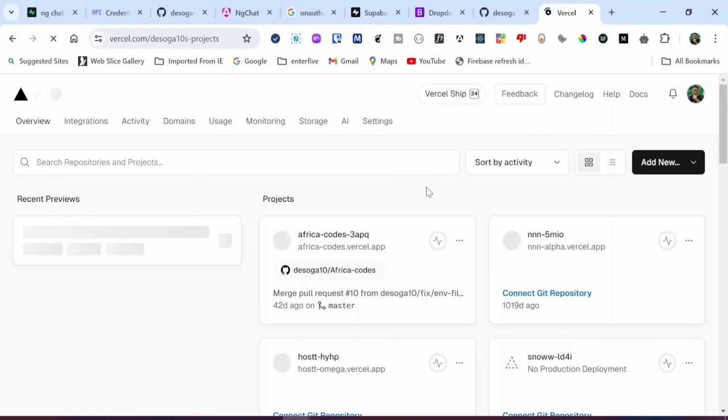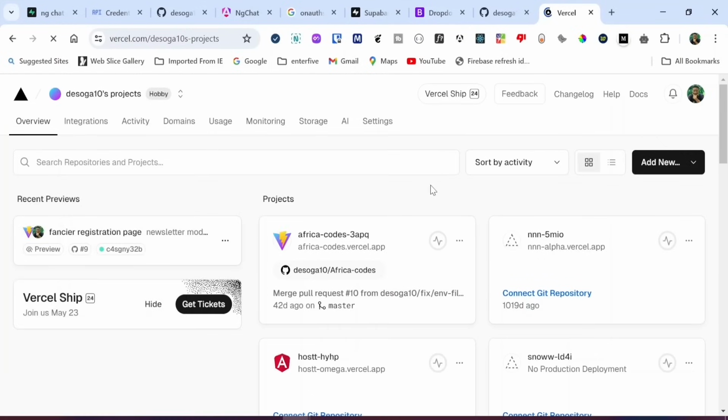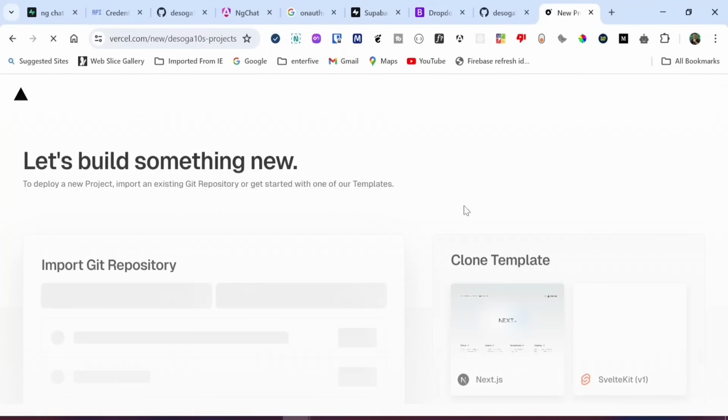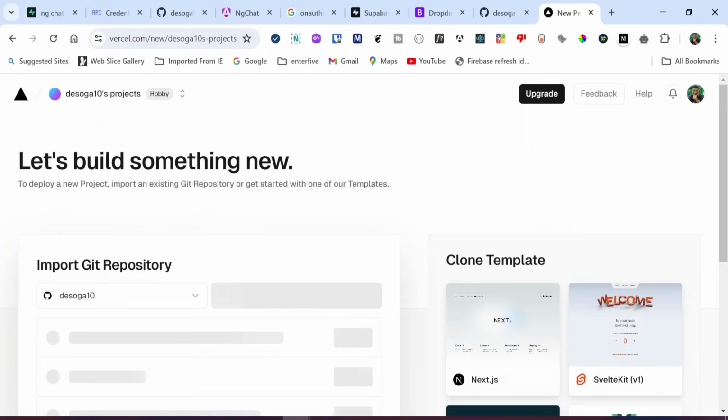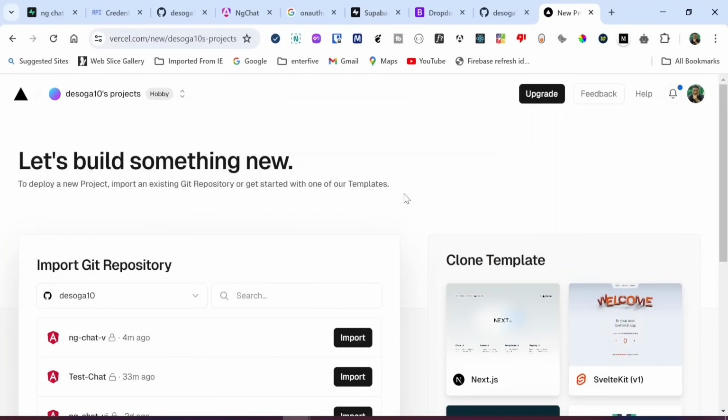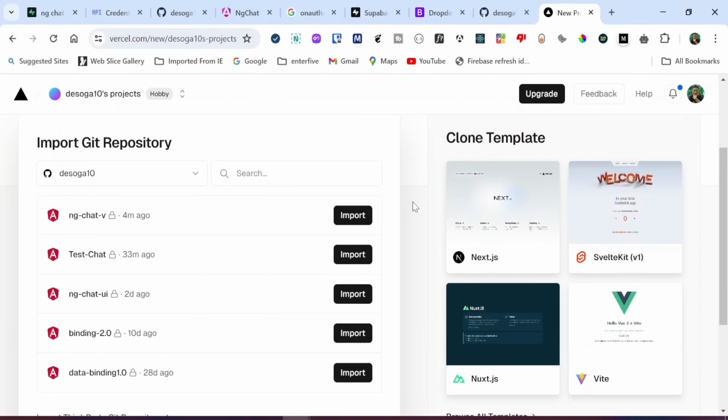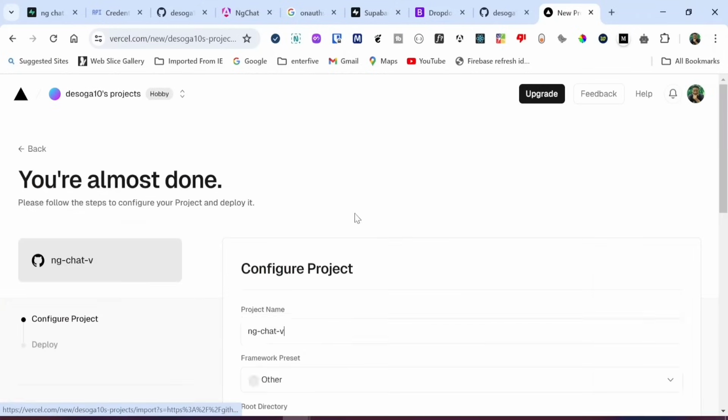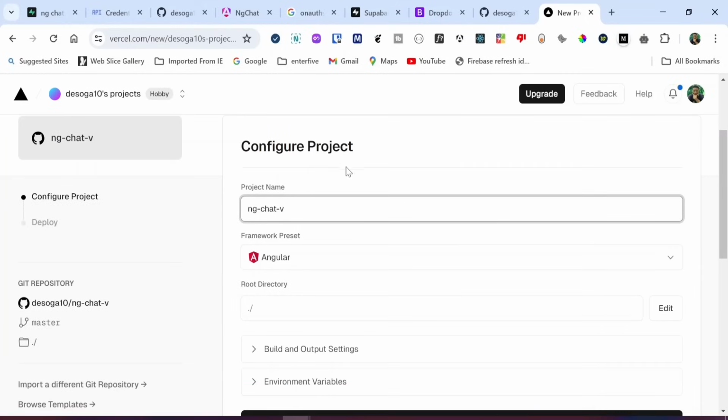Now that the authentication is complete, to create a new project inside of Vercel, all you need to do is to click on the add new drop down, then select project. So once you select project, right in your Git, on the left hand side of the dashboard, you're going to see different projects currently hosted on GitHub. So all you need to do is to select the project you want to host. For me, I'm going to select the ng-chat-v project. So I'm going to click on import, and then we are going to be presented with the configuration for the